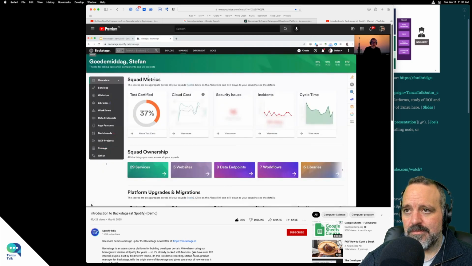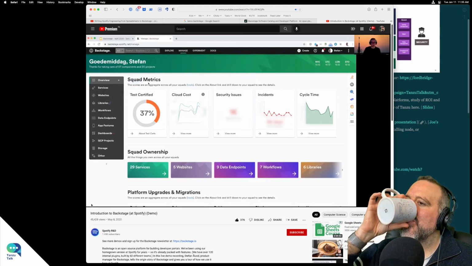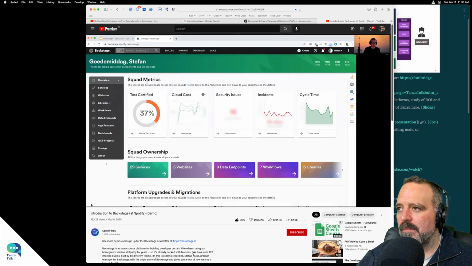And what I get here is a lot of things, but if you start looking at the side here, you see that basically a squad is a team at Spotify. And so this is the team page. I get some overview of what the team owns and what they should care about from a Backstage perspective. So apparently we should care about our cloud costs. We should look at our security incidents, etc., and cycle time for our team.